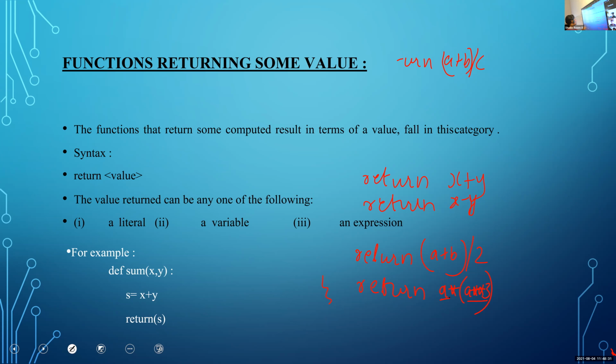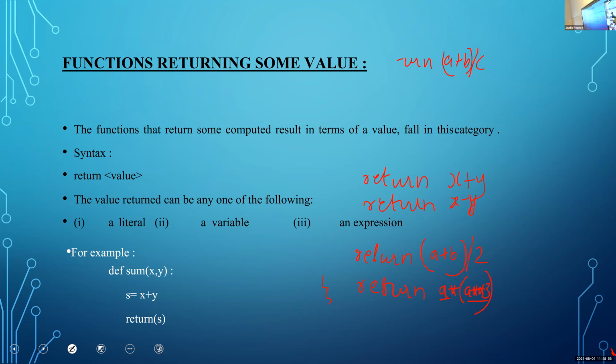So in the case of a non-void function, we can return 3 types of values. First it is literal. Literal means constant, that is return 5, return 5.1, return within single quotes or double quotes 'a'. These are some examples for literal return. Literal means constant value, that is 5, 5.1, 50, just like that.